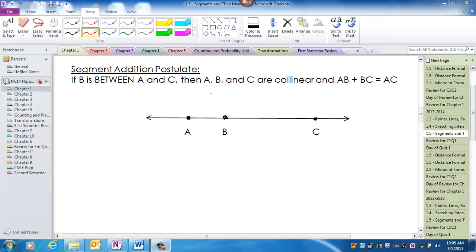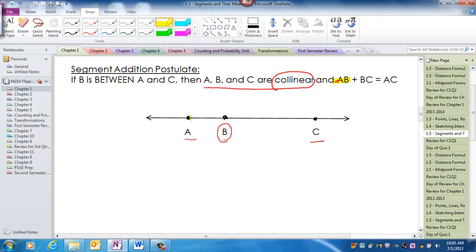Okay, let's see here. We have points A, B, and C that are collinear. And remember, collinear means that they're on the same line. So just like this diagram we have here, A, B, and C, those points are on the same line. And point B is between A and C. So they're on the same line and B is between A and C. Then you can see that if you look at